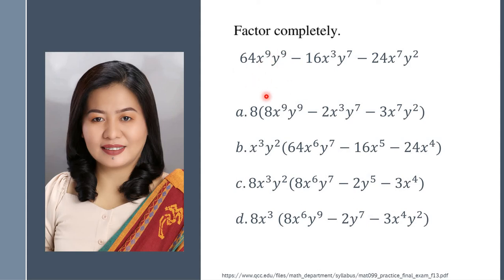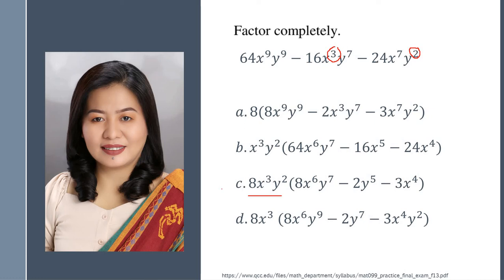For the variables, for the letter coefficients, is there something common, or are there common terms? Yes. So to get the common of all the variables, or the letter coefficient, we always have to look at the smallest exponent. So for x, that's 3, and for y is 2. So it would mean that our common factor is 8 x cubed y squared,